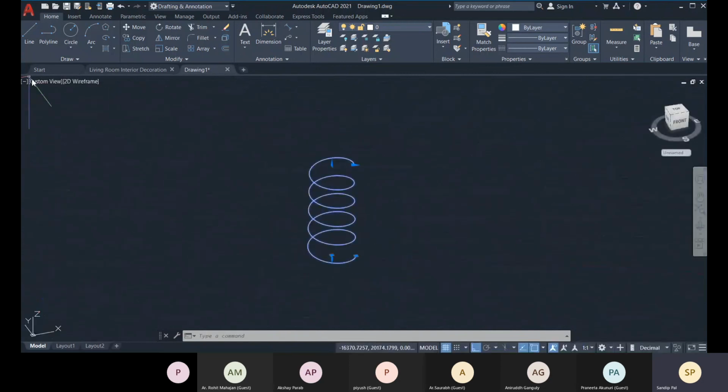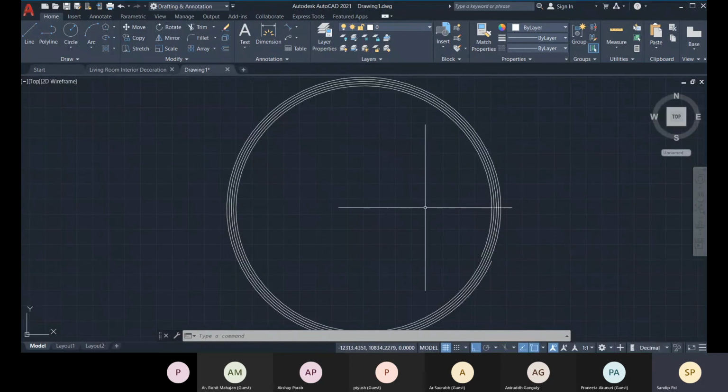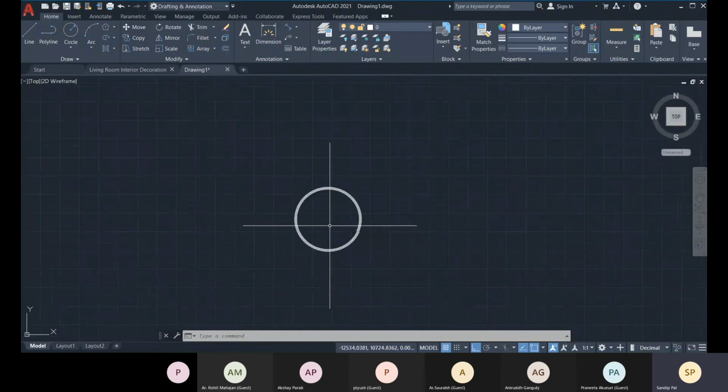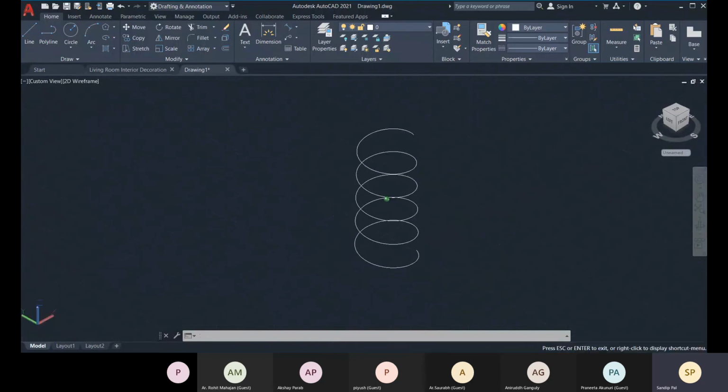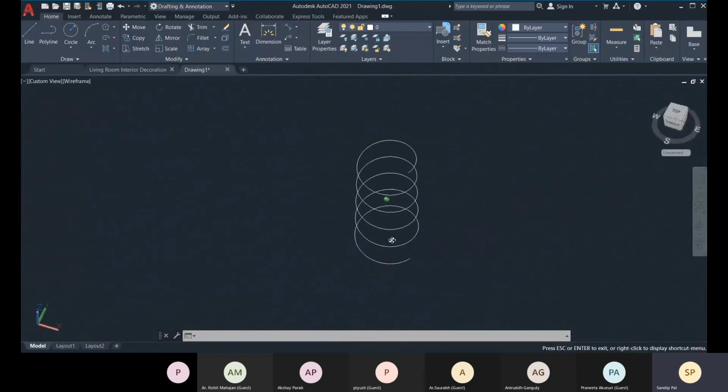But if you are checking from the top view, it will look like a circle. Okay, so this is about helix. We will discover how we can use it for creating some 3D objects.